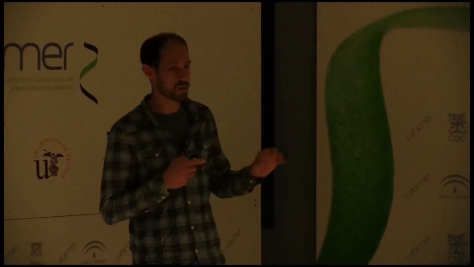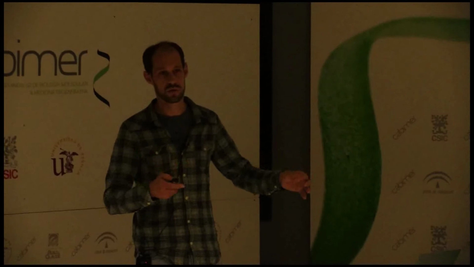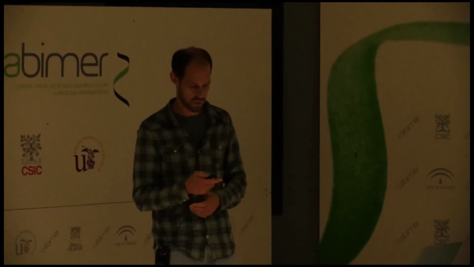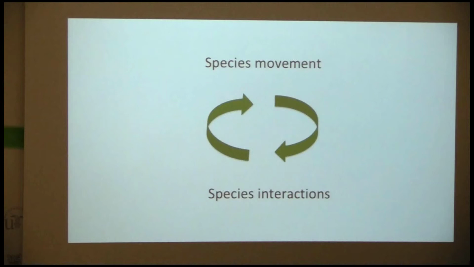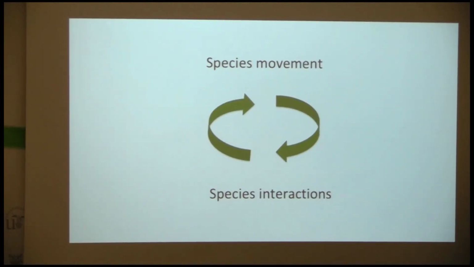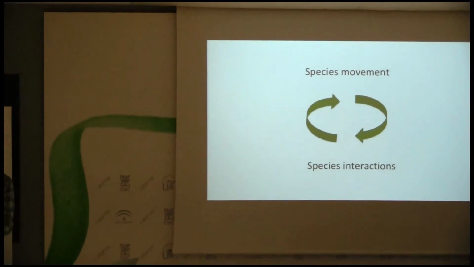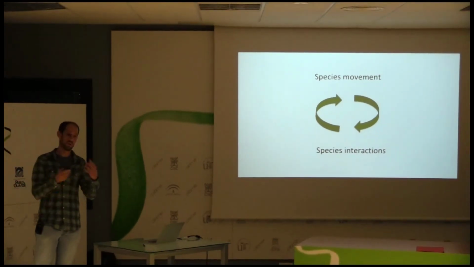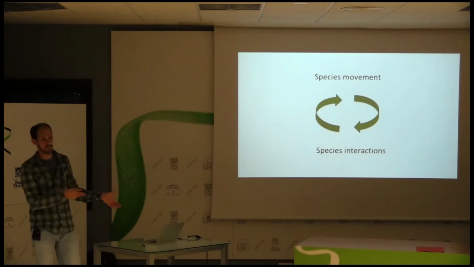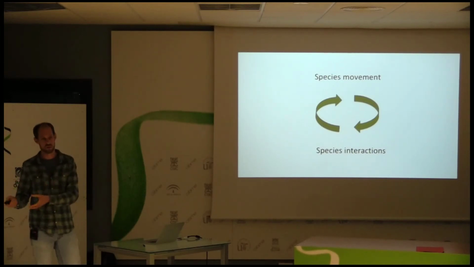So I'll first give a bit of an overview of the things that I'm generally interested in and then go into more detail about one of the topics. So what I'm studying overall in all kinds of projects is the interaction between species movement and species interactions. Generally, species movement, for instance the flight of a bird from one site to another site, leads to new interactions between this bird and other species. But the opposite is also true, that a bird might be flying and might be interacting with species such as plants during their movement. So I'm studying both how movement leads to species interactions and how species interactions can cause